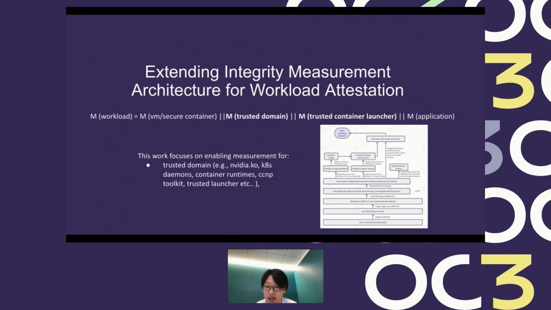So when it is booted, the IMA will automatically put everything into the trust chain and verify the attestation from there. So it will also attest the integrity measurement architecture. Afterwards, it will attest the container image loader and the container launcher as well. After the container loader image is put and the container launcher is initialized, it will put the information into the KBS and run the function from there.